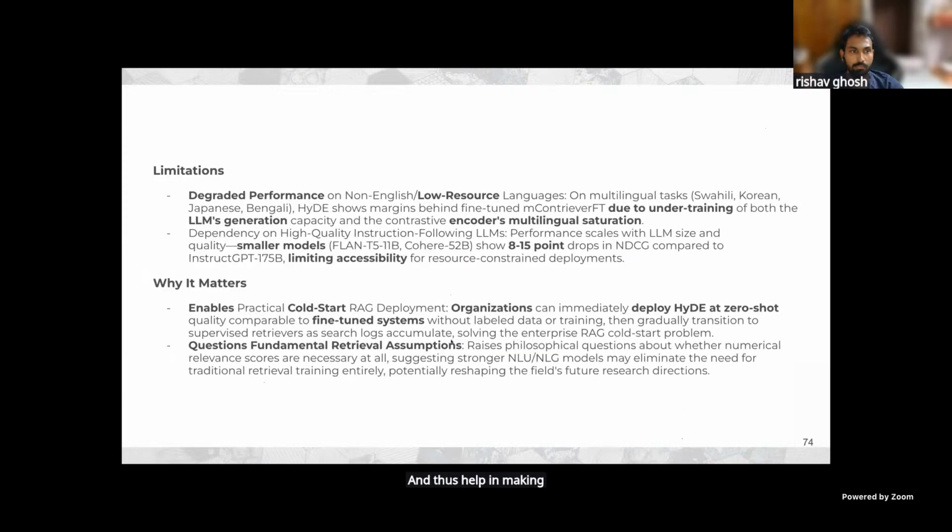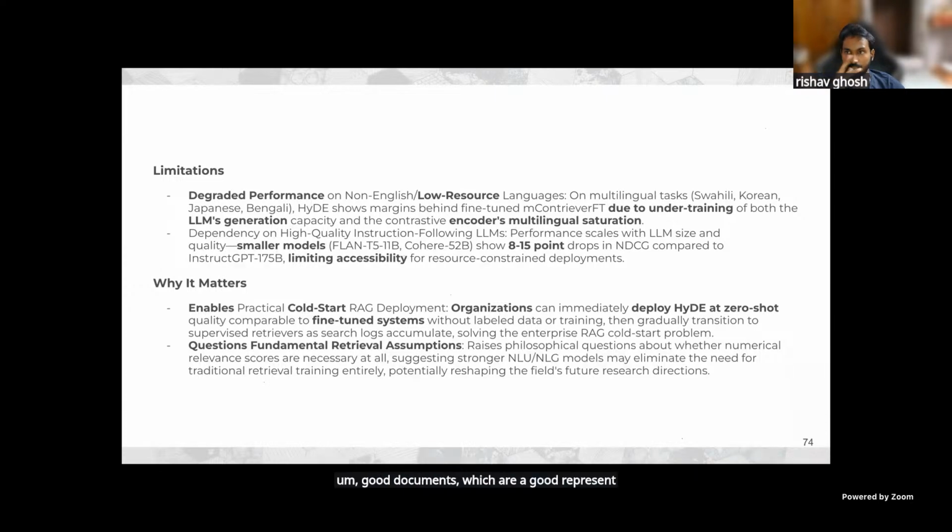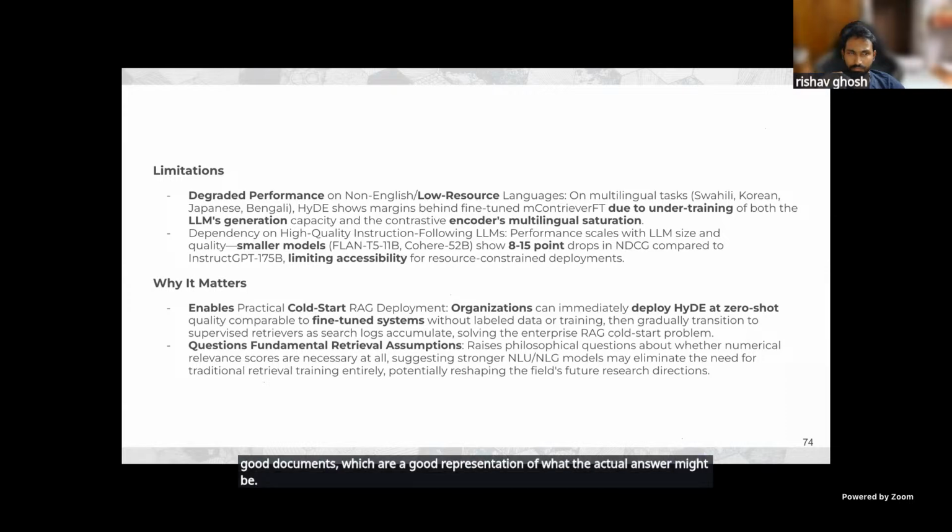and thus help in making the document to document matching. Now, a few limitations that have been found: it doesn't work well on low resource languages, because the LLM is not well trained on those languages and thus is not able to create good documents which are a good representation of what the actual answer might be.